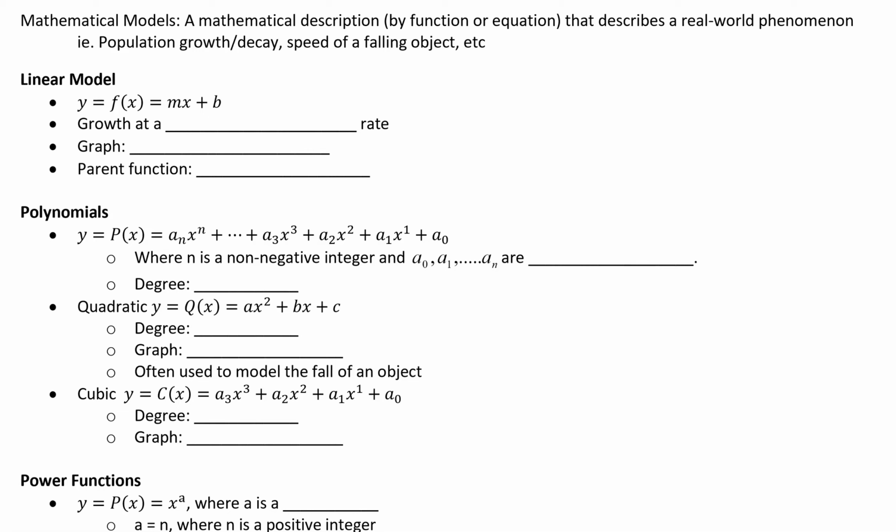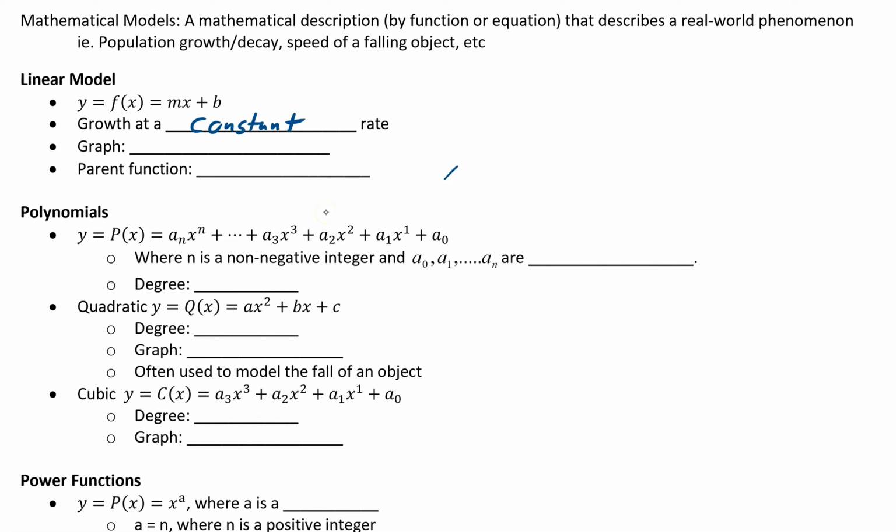So this is a review of all the different functions that we've covered in pre-calculus. Our first one is our linear model, and that's our y equals mx plus b. Again, we're just replacing the y with f of x. And so this is growth at a constant rate,